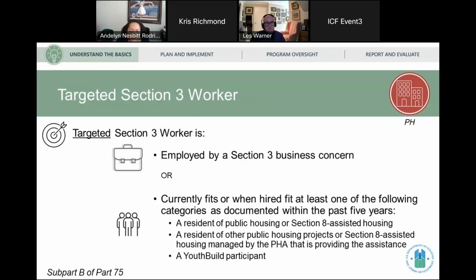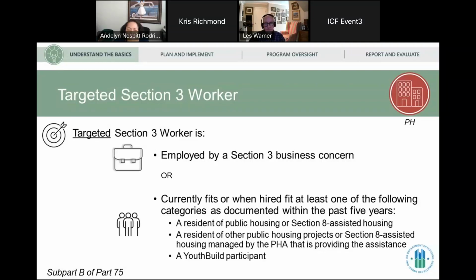Yeah. So if we're talking about a targeted Section 3 worker, the magic easy version of this would be that their employer has been qualified as a Section 3 business concern, and then we would be automatically able to count all of the employees without having to go through a further process.